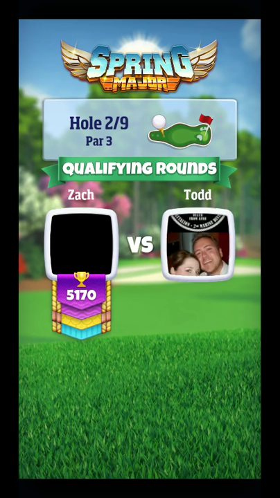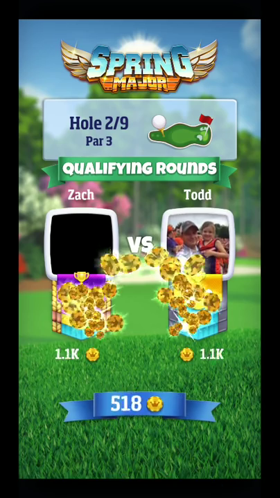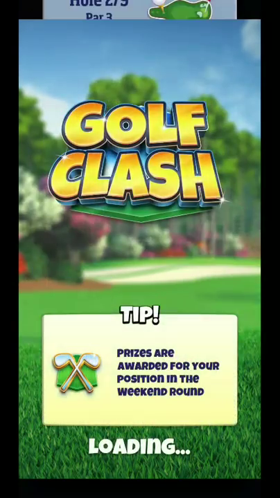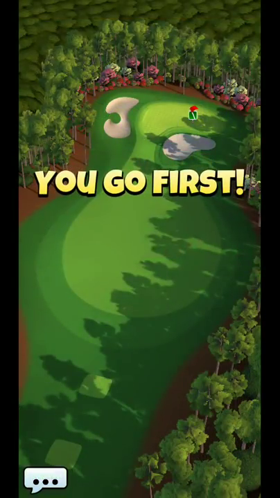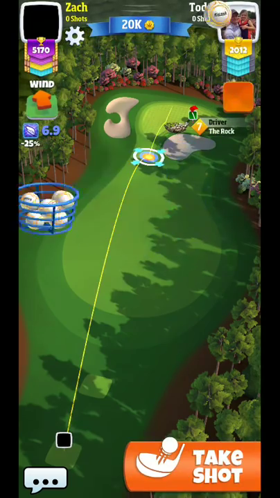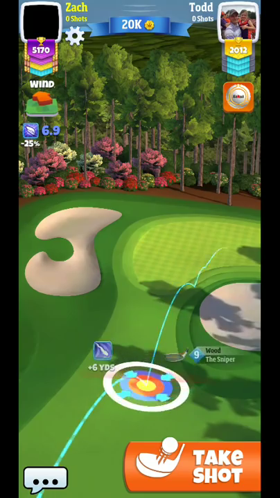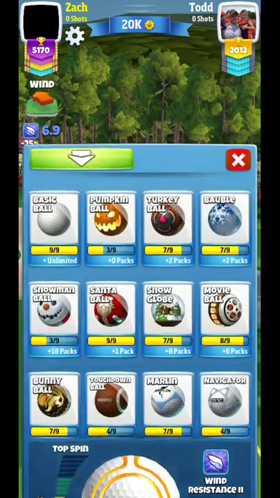So let's see what this hole looks like. With that one being downwind, I wouldn't expect another tailwind. I'd expect probably a side wind here. Oh, there's the tailwind. Had I known that, I would have put on a different club. So I'm actually going to,